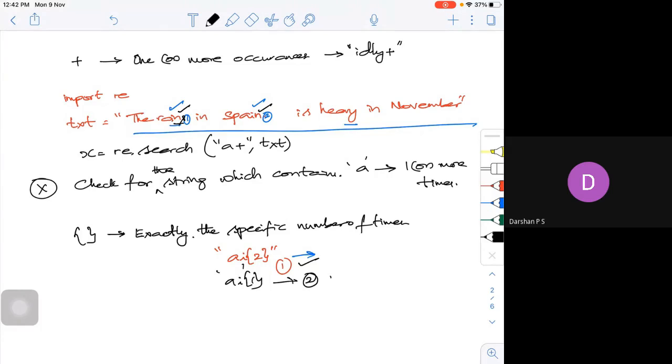AI followed by two letters. AI followed by exactly two letters. Okay, two letters, how many times? If I look into that particular thing, then I will do. Or say for example,